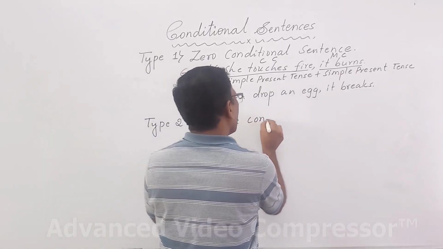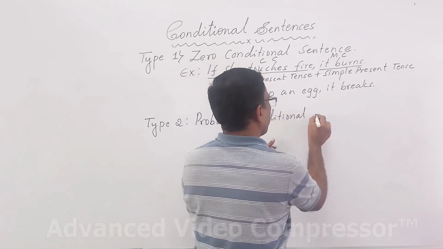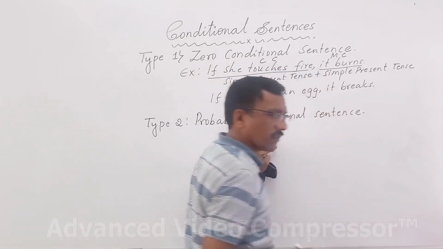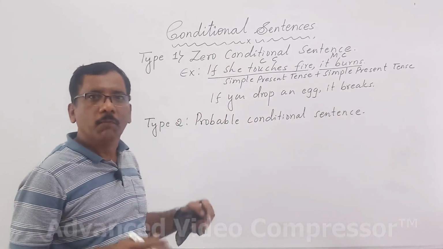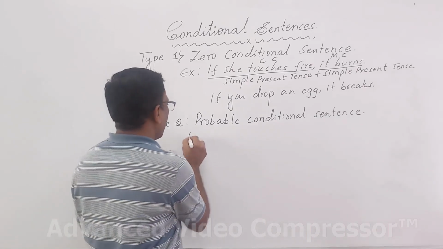Probable conditional sentence. In a probable conditional sentence, what do you see? We see probability. For example,